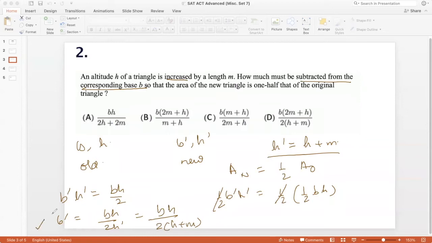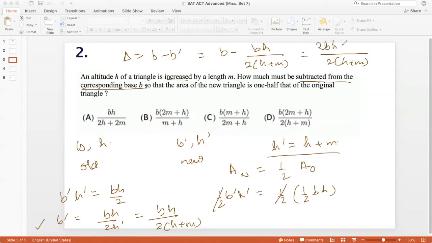Now the question is, how much must be subtracted from the corresponding base b to get b dash? So my answer will be b minus b dash, right? Because I've got my new base. So how much did I subtract from the original base? b minus b dash. So that's b minus bh divided by 2 times (h plus m). So that's 2 times (h plus m),